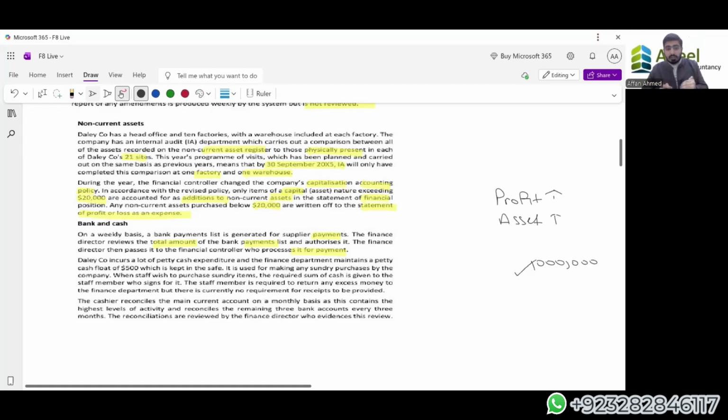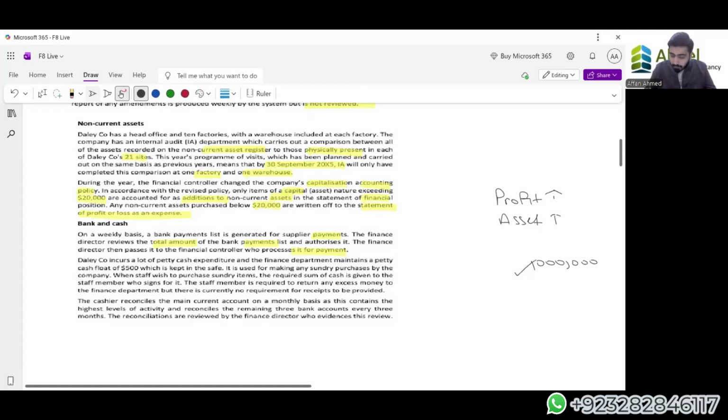If this particular risk is not checked, what will be the impact? I am paying a person I'm not supposed to pay, or the company is losing money just because of my negligence, right? So what should be the recommendation here? The recommendation should be that the finance director should review all transactions prior to payment. As part of this, the finance director should agree the amounts paid to each and every person from the bank statement, to check that the amount I approved is the amount specifically paid to them. There should be no duplication or unfamiliar names or transactions made to people who might not be owed payment.